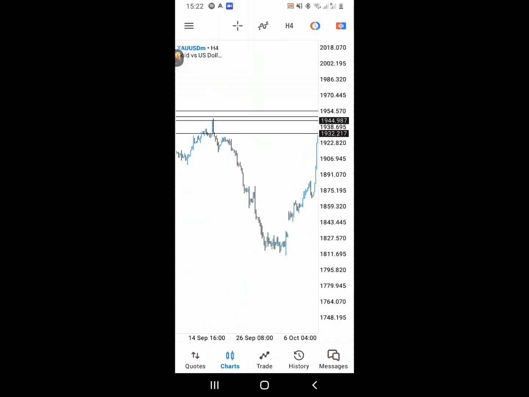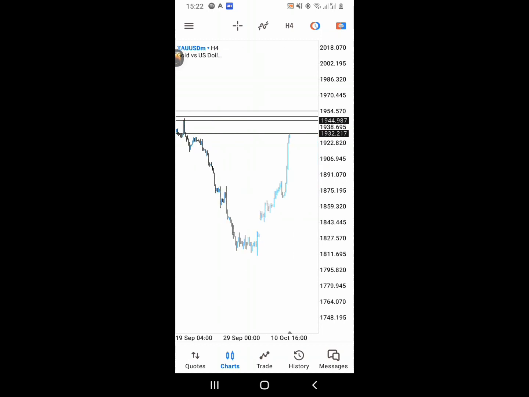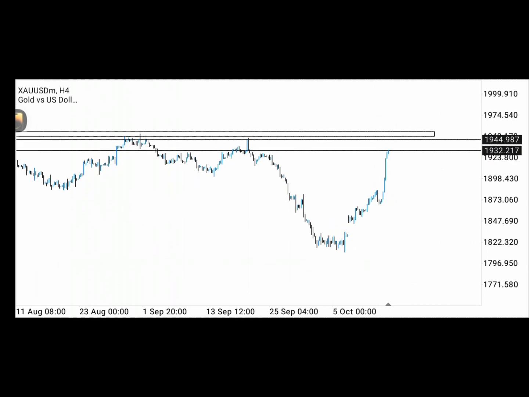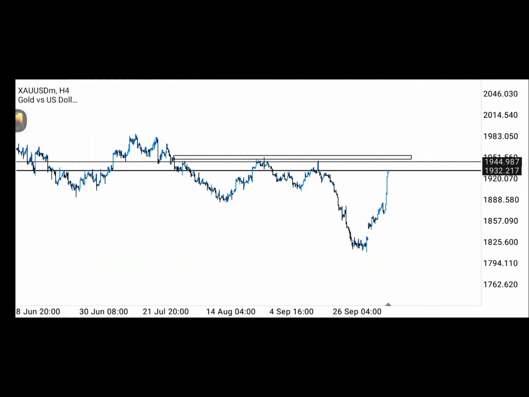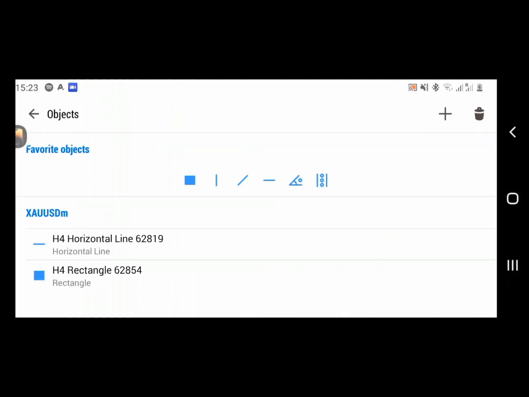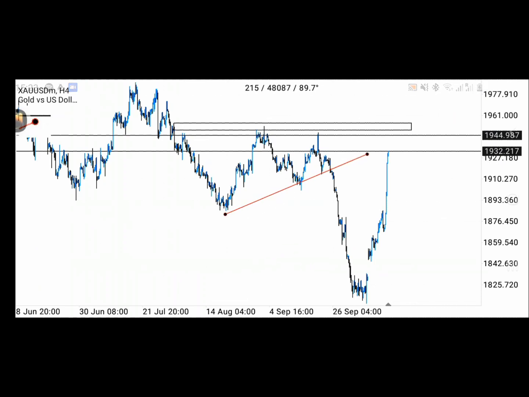Do not change your trading style. Do not do anything. Keep using the same strategy for as long as it works, you don't have to fix it. Okay, so that's what I did. I marked out my important zones. As you can see at 1954, 1956, that's where I'm gonna be looking to sell the most during the week. But this is only if, when the market opens, price does not gap and bypass that zone, because